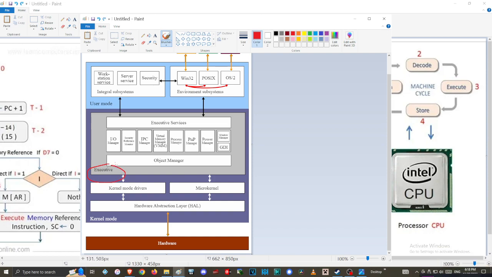So the services, the executive branch, is basically just getting the information from I/O, security, IPC, virtual memory, power manager, or any of these main services, and it'll create objects and execute the services, using the microkernel, which is basically getting the hardware's information. Back in the day, DOS, which was actually very complex compared to, let's say, Commodore, had quite a lot of executive. The executive was a quite large portion of the program, whereas with DOS you really had a microkernel,